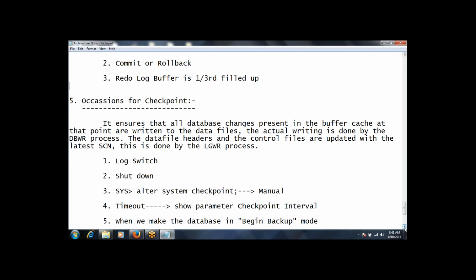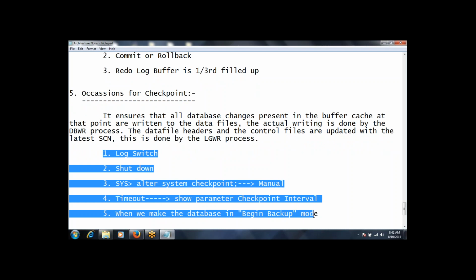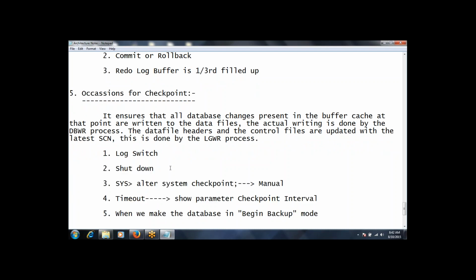Next, in which conditions or at which occasions the checkpoint will get invoked: in all these conditions. When a log switch happens, or when a database gets shut down, or whenever we issue a manual command, alter system checkpoint, with a semicolon terminating at the SQL prompt, with the sys user, that's the reason I gave a sys prompt, or whenever a timeout happens.